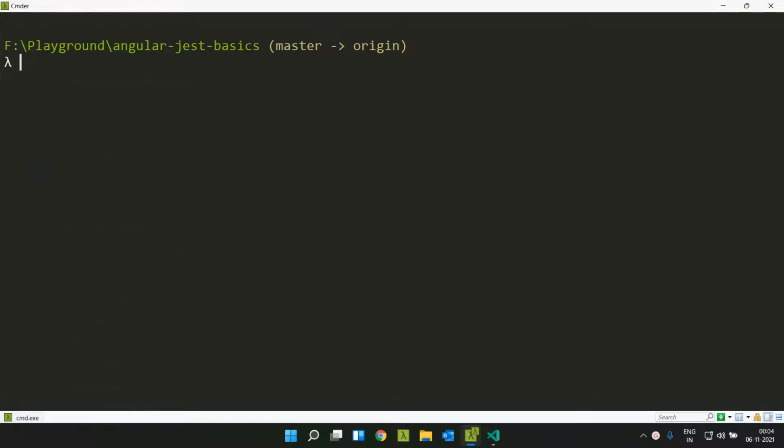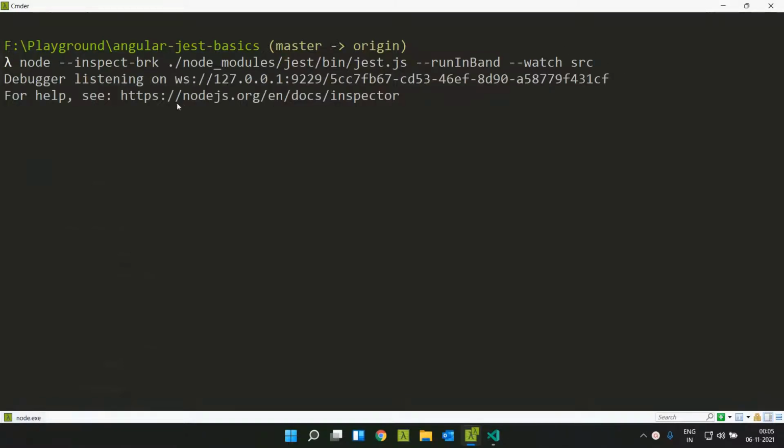So now let's see how we can debug our unit test which is written in Jest using the Chrome. So this is the command which we need to run. Basically we are using node and we are saying that we need to break at the first line of our jest.js. Why we are doing that is so that we can set up the breakpoint for our actual unit test. Again we are giving the run in band, that is run one unit test at a time, not parallelly, and we are enabling the watch mode and giving the source name.